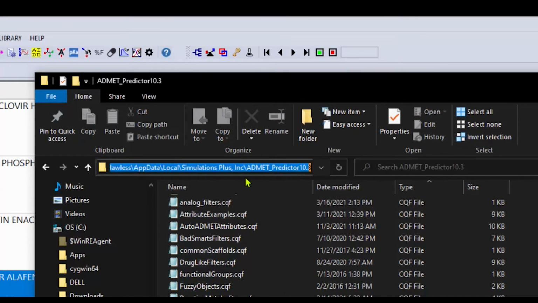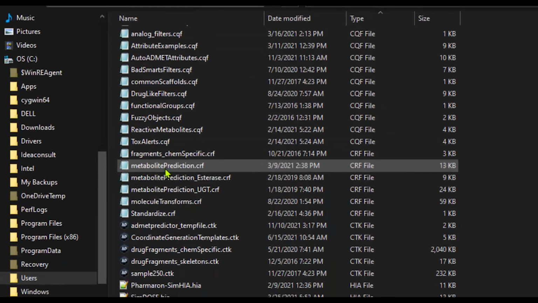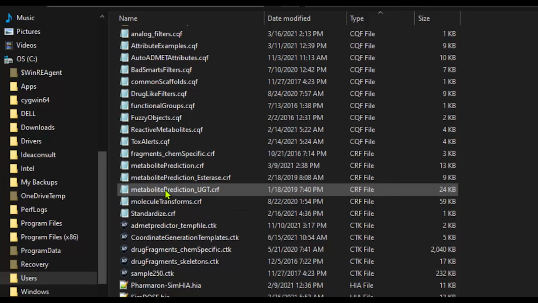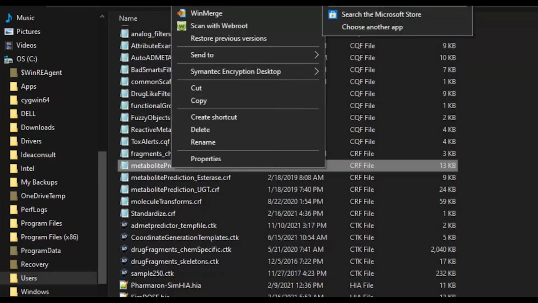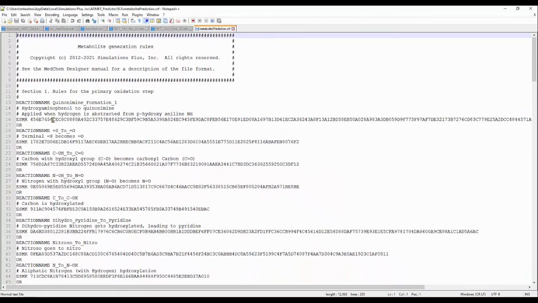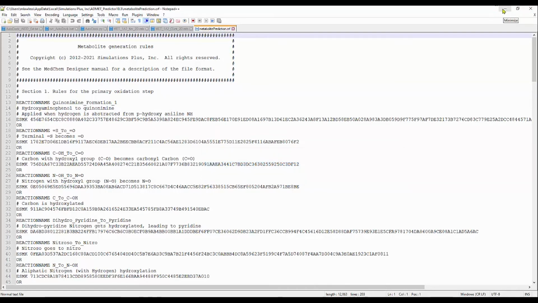So in my user app data directory here, you can see these three files: metabolite prediction CRF, metabolite prediction esterase, and metabolite prediction UGT. Now this one is actually in an encrypted form, but you're certainly welcome to look at the compounds, or to look at the transformations here. And as I mentioned, they are encoded, but we do have comments for transforming these. If we could uncomment or unencrypt these, we'd see that on the left-hand side of the equation, there's an atom that is marked, I think, with an underscore S, and that indicates that it is the site of metabolism. And the program internally would mark it as a site of metabolism and then perform the transformation, which would generate